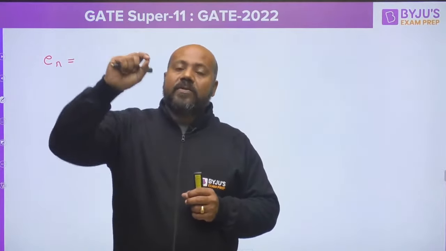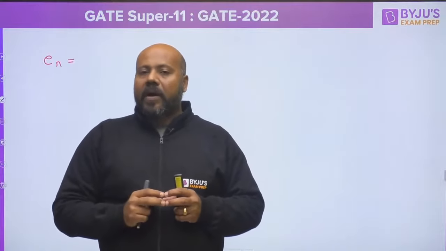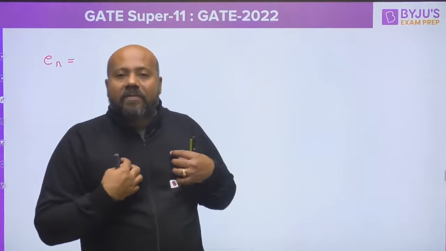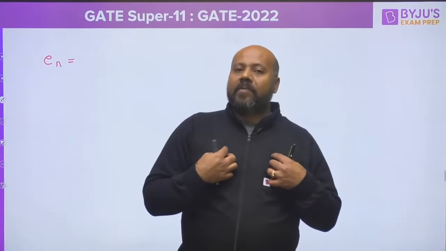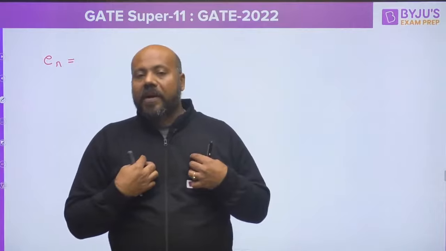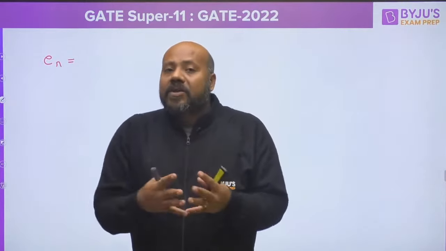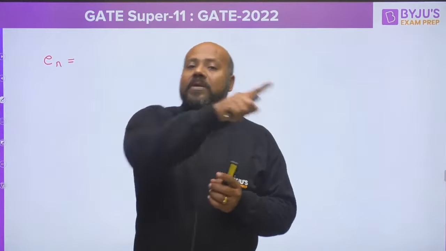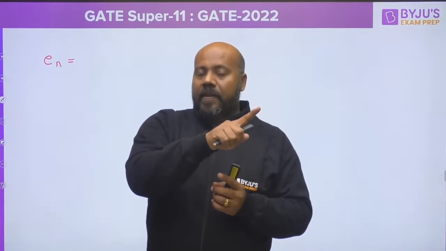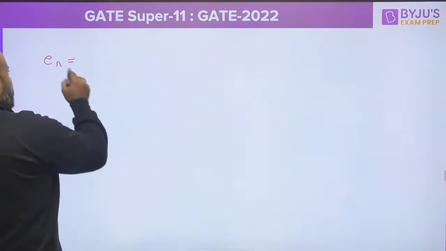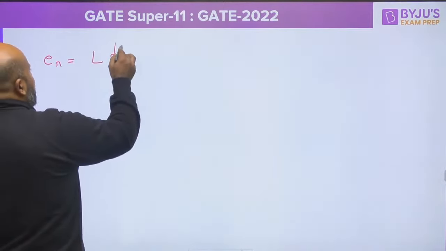Now, if this flux is going to link with the commutating coil, the coil which is undergoing commutation, this coil is going to have some self-inductance property, and because of this, this coil is going to induce some EMF, and the nature of this EMF is to oppose the reversal of current. Are you getting this? This voltage we are calling the reactance voltage, and this you can write as L di by dt,